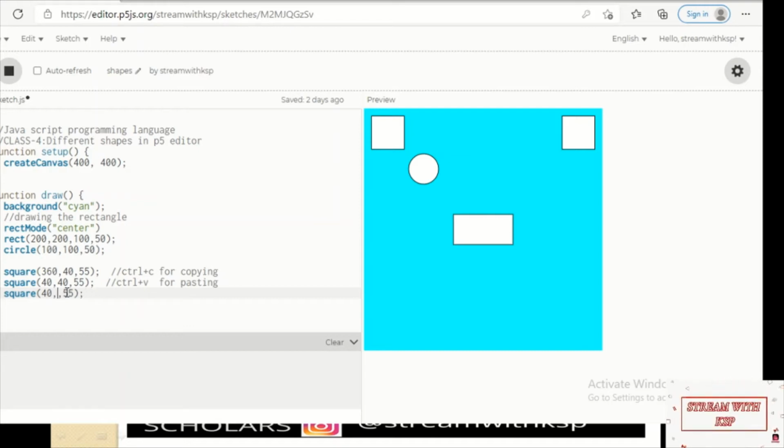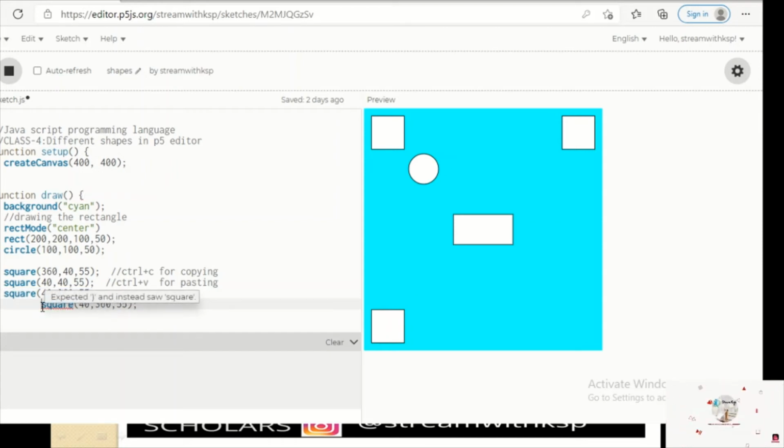So I am going to increase this second number to nearly 360 so that it will come in the exact position at the bottom left corner. Yes, I got it. So we are only pending with one square, that is at the bottom right corner. So once again I am going to copy this 16th line and I am going to paste it inside the 17th line.